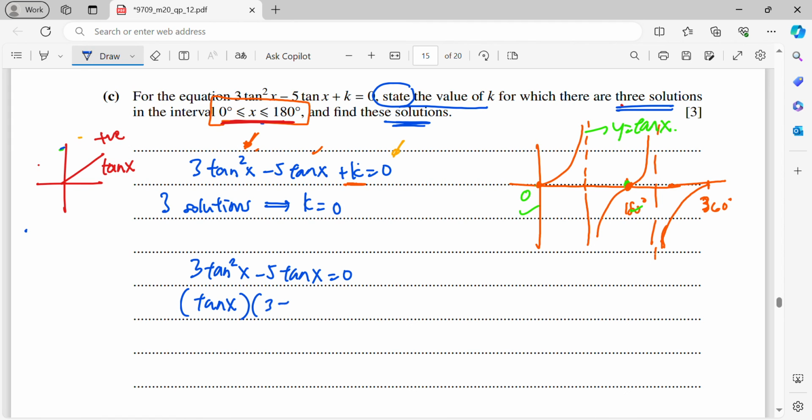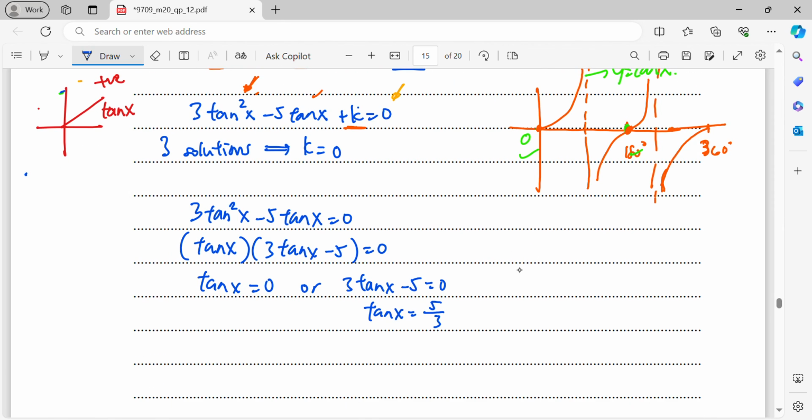Then you will get 3 tangent x minus 5 equals to 0. So product of two terms equals to 0 means that one of them must be 0. So either tangent x equals to 0 or 3 tangent x minus 5 equals to 0, which means now the second one I will get tangent x equals to 5 over 3. So I will get one solution for tangent x equals to 5 over 3 because that is positive in first quadrant. So now my x is going to be